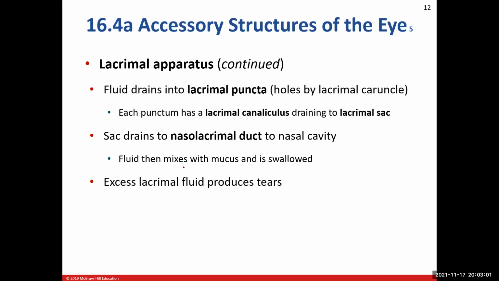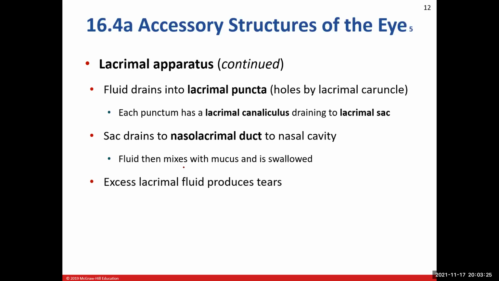And so depending on which one we're talking about, we call those a lacrimal canaliculus. There's another name for it when we do the labeling. I'll show you that in a little bit. But it's just a tube system. And so you have that superior and inferior lacrimal puncta, and then you have the superior and inferior lacrimal canaliculus